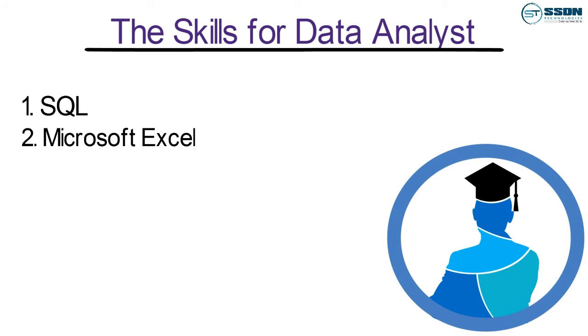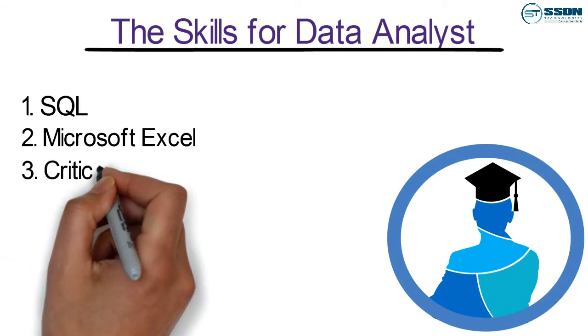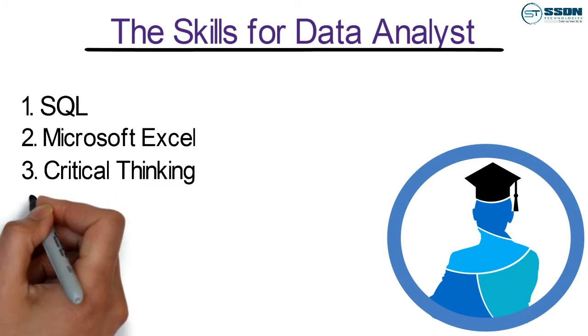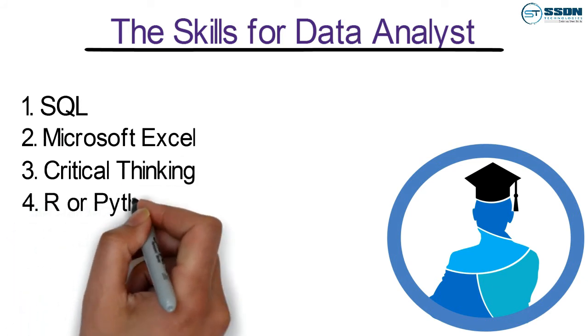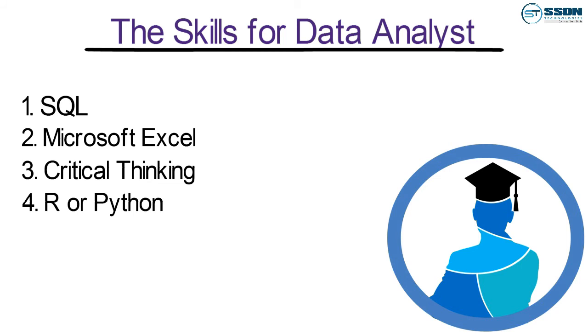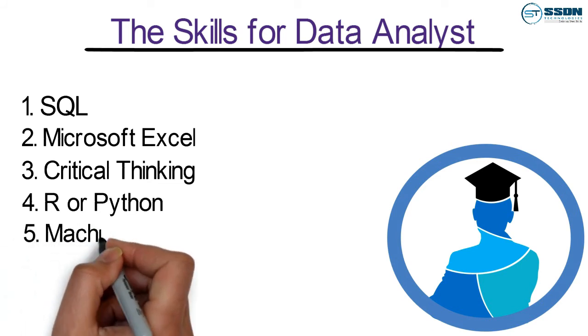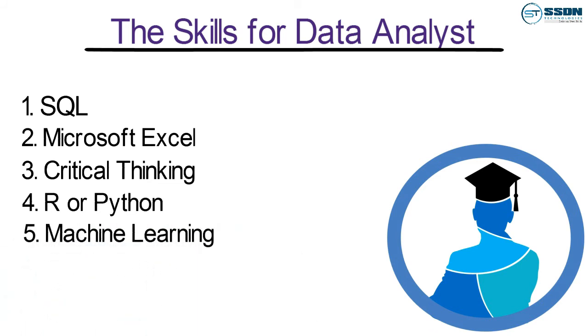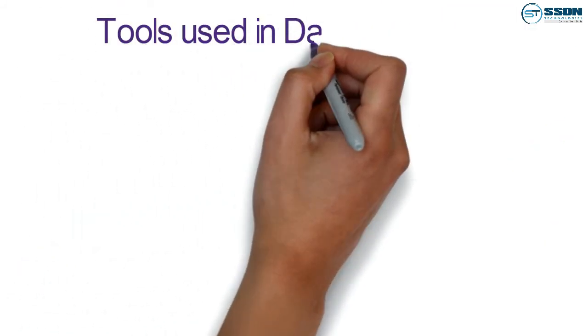Number 3, critical thinking. It is the role of data analysts to uncover and synthesize connections that are not always so clear. Number 4, R or Python statistical programming. Anything Excel can do, R or Python can do better, 10 times faster. R and Python can handle what Excel can't, and they are powerful statistical programming languages used to perform advanced analysis and predictive analytics on big data. Fifth, machine learning. Artificial intelligence and predictive analytics are two of the hottest topics in the field of data science, and an understanding of machine learning has been identified as a key component of an analytics toolkit.